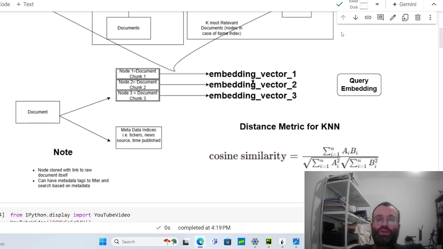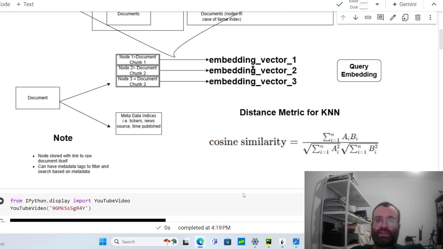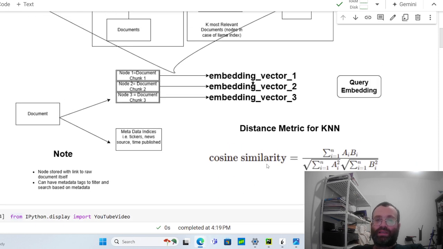Okay, so usually, by the way, the measure for distance or similarity for vector store indexes, like these embedding things, is the cosine similarity. So the cosine similarity basically is a way to measure the distance between these embedding vectors. And I want to touch on an important thing that I won't cover much in this video, but metadata